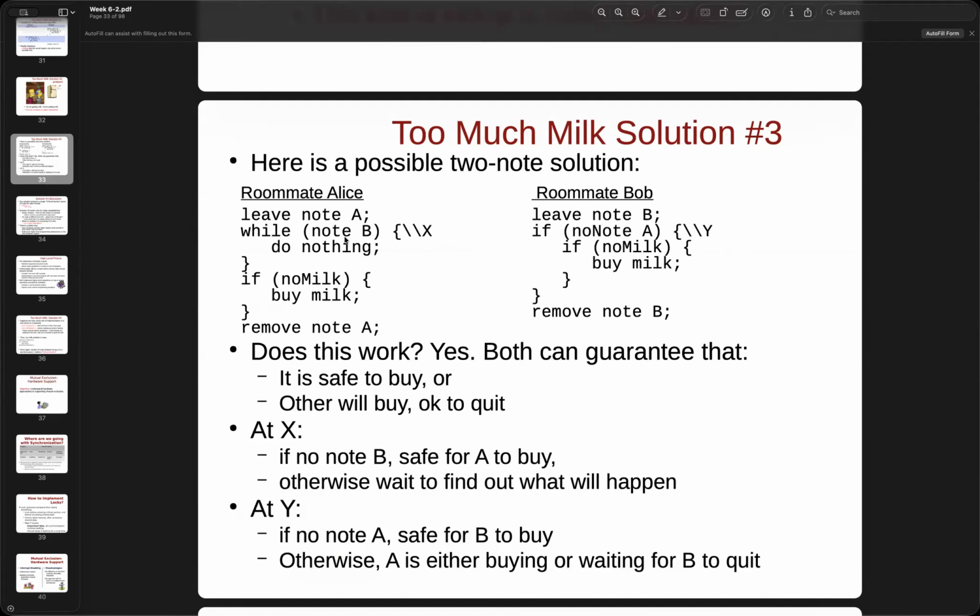If we check the other threads and there is no note, then we can execute the if condition. If there's a note, we do nothing, just keep running the while loop and wait until the flag, that means the note, changes to false.